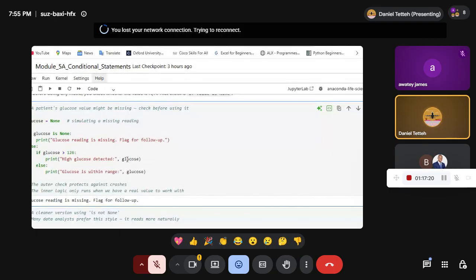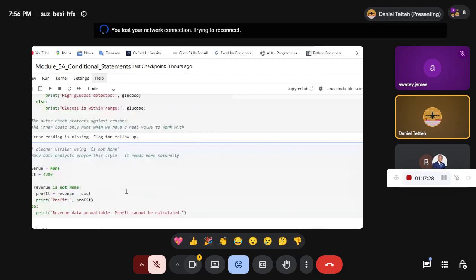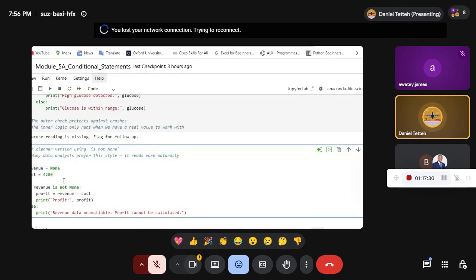Very useful, provided you know how to use it. You can apply it to your basic tasks and make it very easy to do. All right, so that is that. So let's see another one over here. So revenue is None, cost equals 4,200. If revenue is not None, okay,